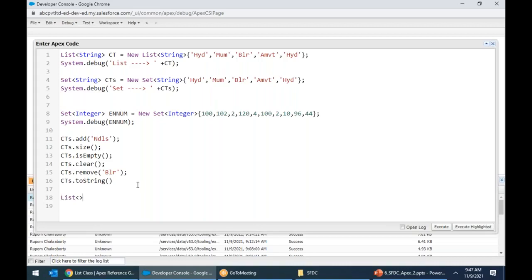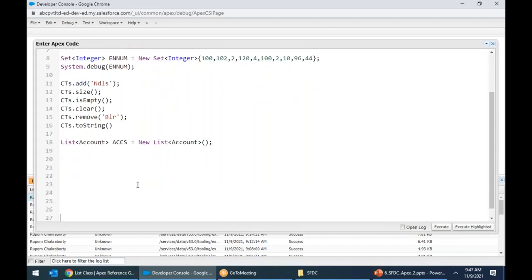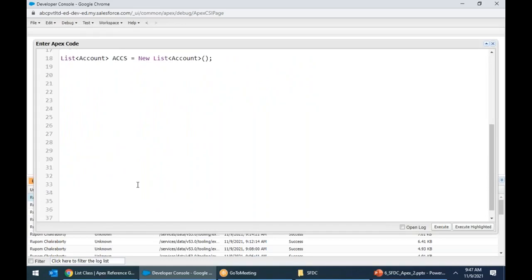List of account ACCS equals to new list, new list of account. Right? Create account. An object requires initialization. So what I will do is